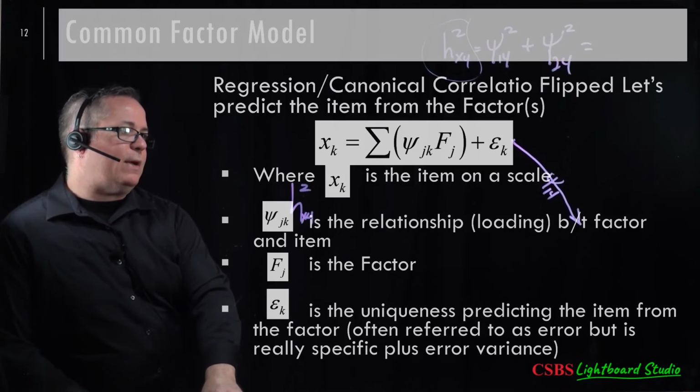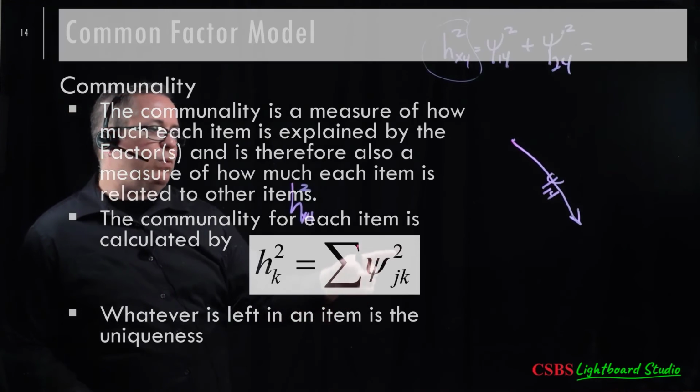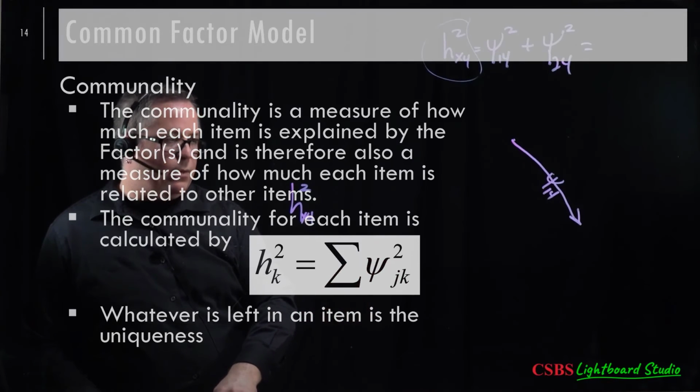If there's only one factor predicting an item, then you just square that one loading. That's it. But here I have to square for each item across the factors. That's why there's both a J and a K there. But sometimes, like for item 1,